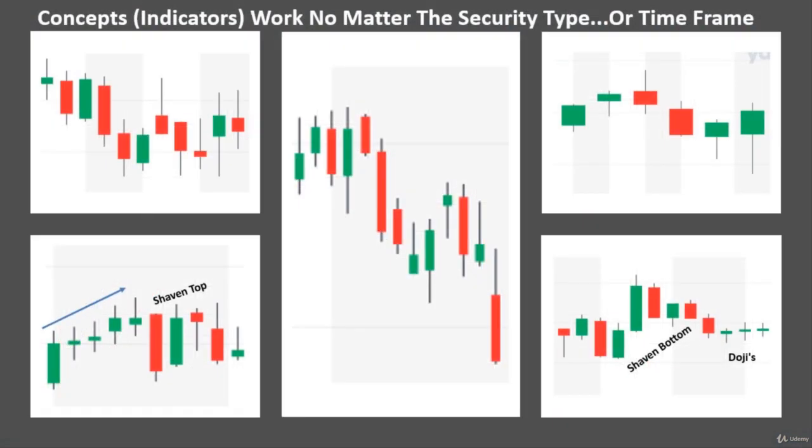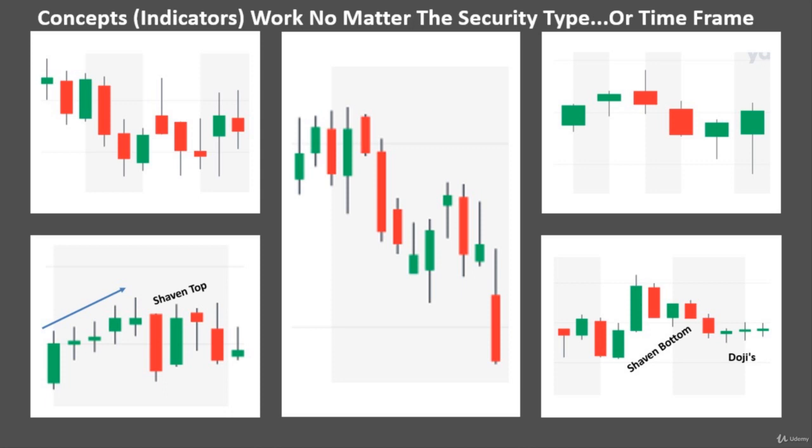And the concepts will work on the securities also no matter what time frame they are. In this example, this is from the same security, but it's different time frames. One is a day time frame, one is a week, one is a month, one is more like 3 months. You can't tell which one is which without labeling the time frame, because the concepts, again, are universal. You don't have a special type of indicator or special look of a candlestick price bar, for example, in one time frame versus another.